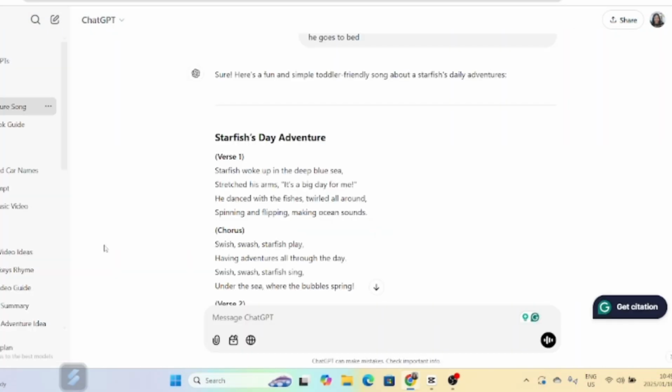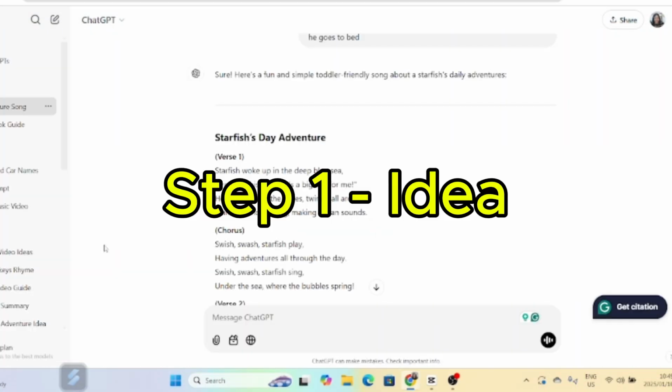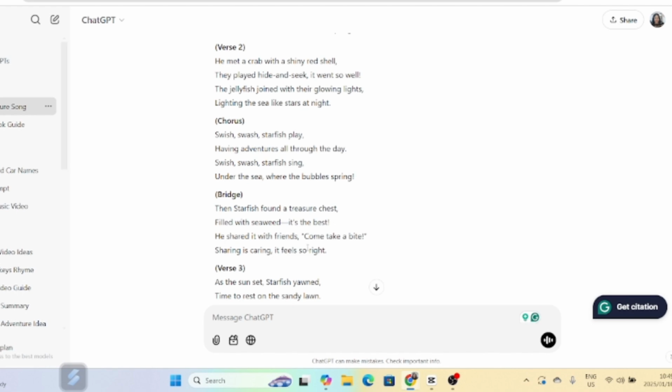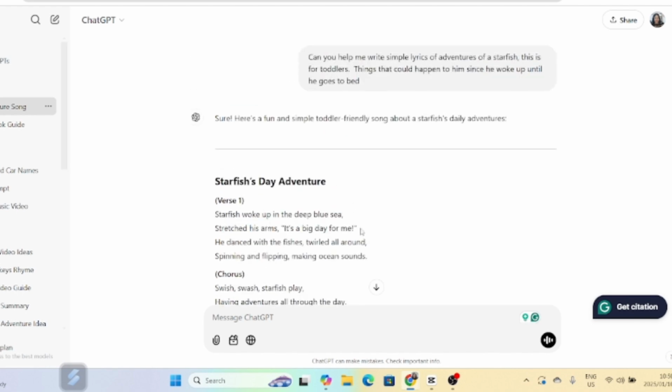To start creating your animation, you need to have an idea. ChatGPT or Copilot is also very useful in helping you generate ideas for your animation channel. Once you've come up with an idea and created nice lyrics that you could use, you're going to